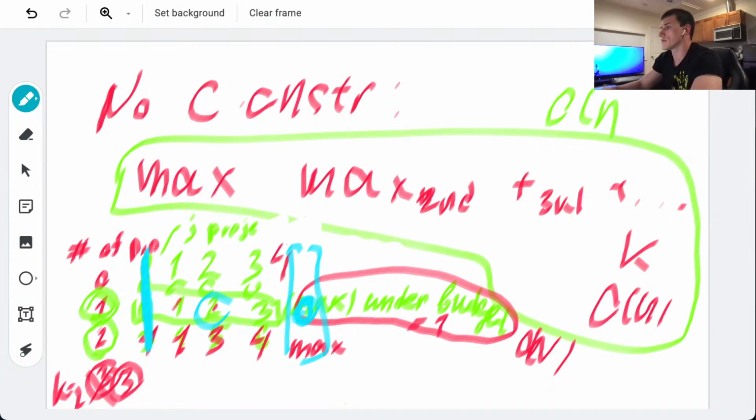We also have int max, int max equals 0, right? So then we say max profit equals max of, and DFS again, right?